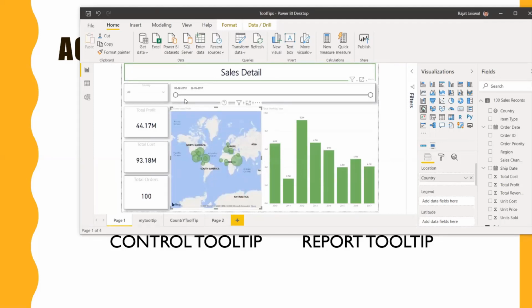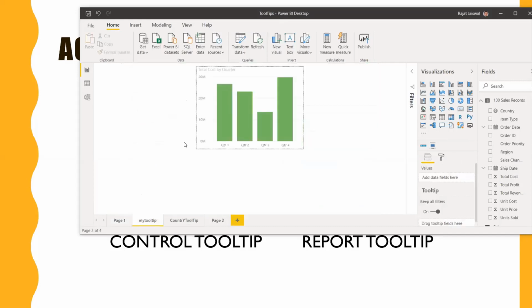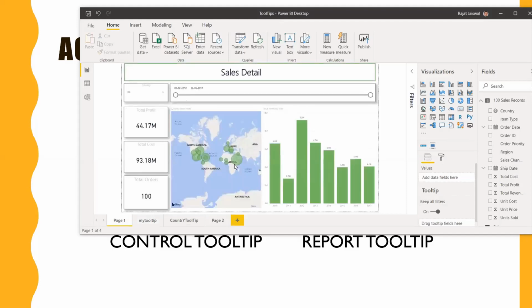Obviously you might be thinking, yeah, that is perfect, but how to implement it? So let me show you. Whatever you are seeing right now, I created on other pages, and what I am doing is just showing them on hovering. When I am hovering on the control, I'm showing these two pages.